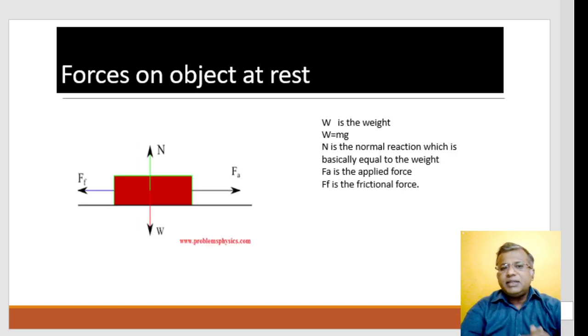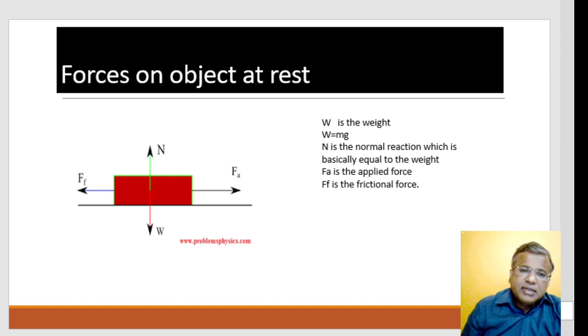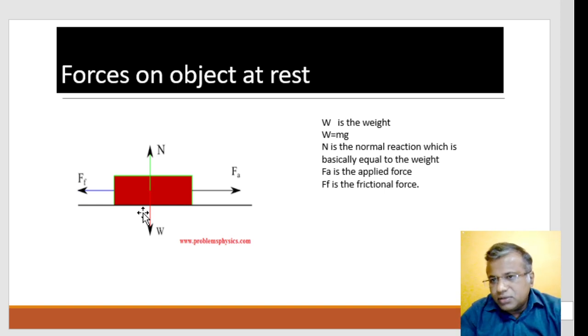So let us say, for example, in day to day life, that there is one more way in which the net force on an object can be zero and the object at rest. For example, I am trying to pull a table and the table is not being pulled. Say a small child is trying to pull a table. The table is heavier. Then why is it that the table is still at rest?